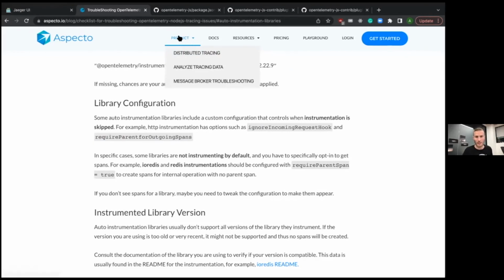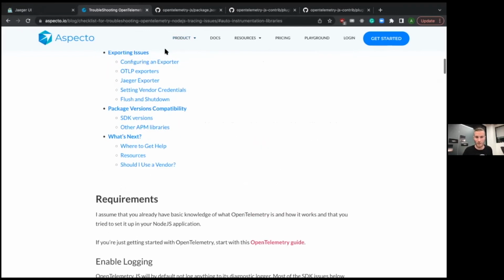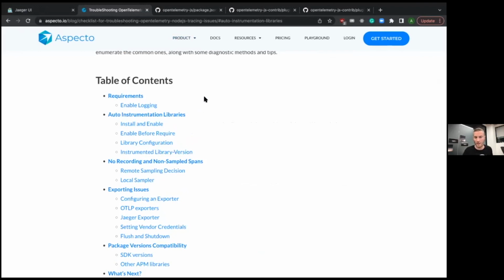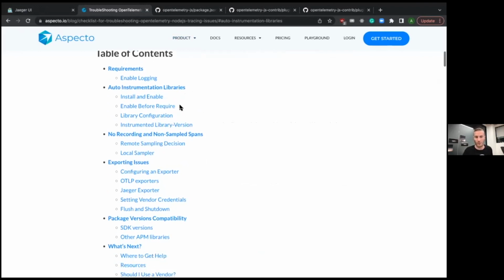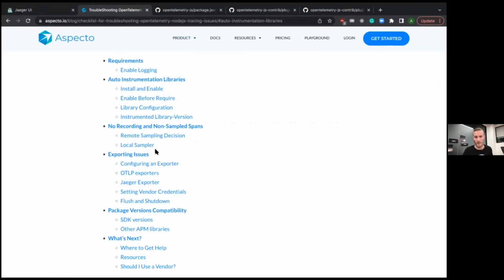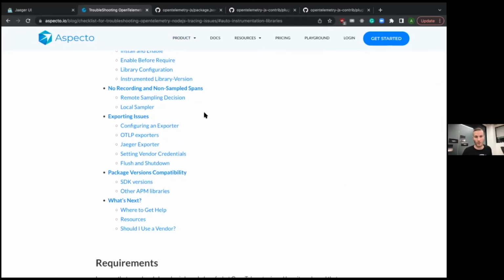Okay, so there are many other issues that can cause your installation to fail. They're all written here in the blog post, so I don't have time to go over all of them, but you're very welcome to read. All the examples are in Node, but most of the things are relevant to OpenTelemetry in general. If you have questions or you want to discuss something, or if something isn't clear, you're very welcome to reach out in Slack to the OpenTelemetry Bootcamp channel. We're there to help you solve your issues and answer questions. And that's it for